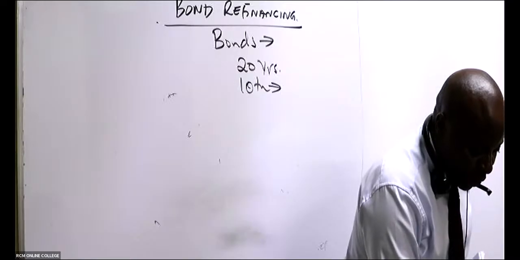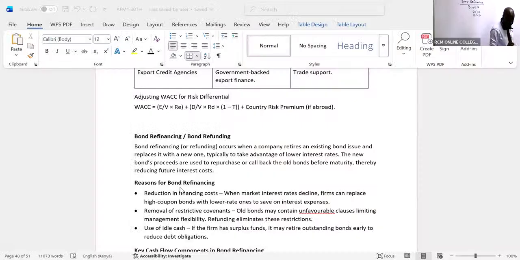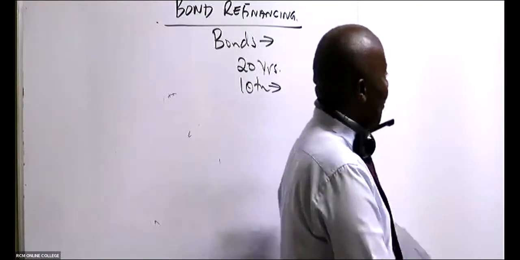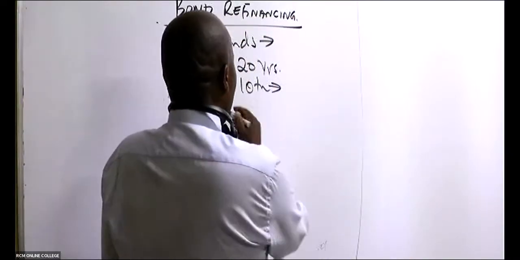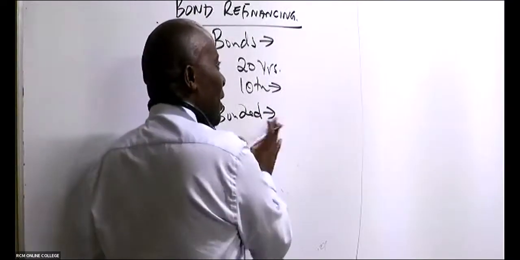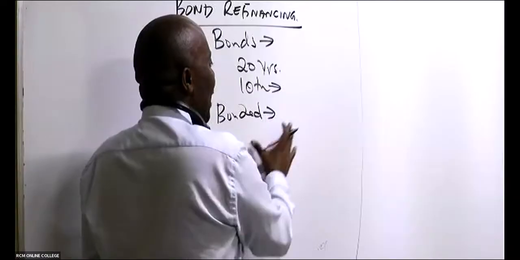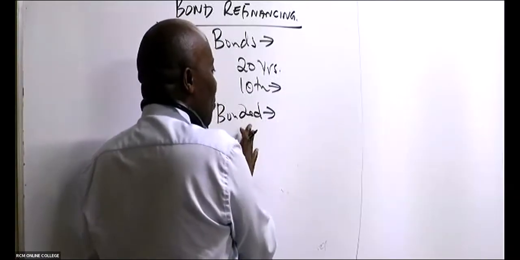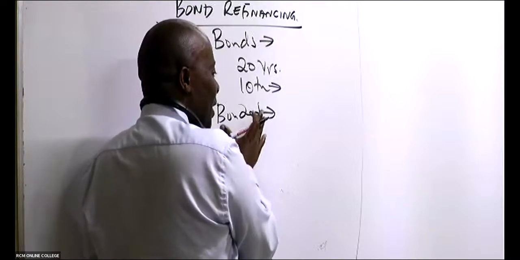So then I'll be able to answer that question. But before I answer it, what are the reasons for bond refinancing? The most important reason for bond refinancing is reduction in financing cost. The interest cost will go down. Removal of restrictive covenants. You know, there are bondholders who will, for example, come and tell you that the moment we give you money, the moment you are bonded, we have these covenants. So in this case here, for example, you can't sell this land, you can't do this and this, you can't start this kind of new branches, because most bondholders fear increased risks.